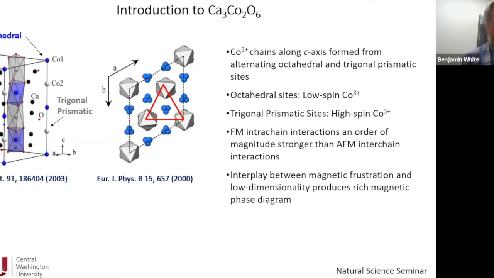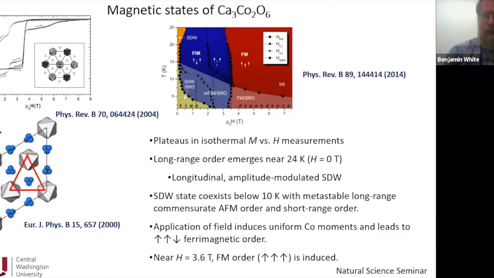And so magnetic moments can have exchange interactions with one another, and along a chain, they tend to be ferromagnetic, which means the little magnets want to line up together. And if you look at the interaction between the chains, that's an antiferromagnetic interaction, which means they want to anti-align with one another, although this is a lot weaker of an interaction between the chains than within a chain. And so we have this interesting interplay between magnetic frustration, and that's associated with this triangular subunit of the lattice, and low dimensionality, and it produces a really complex phase diagram,